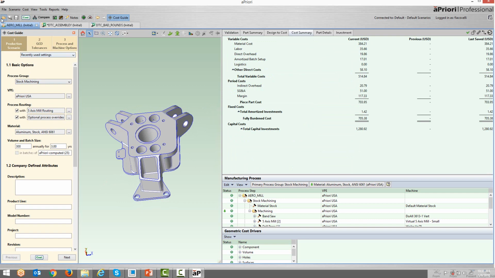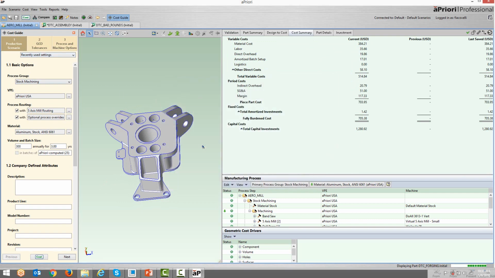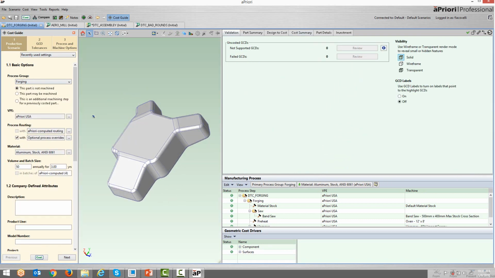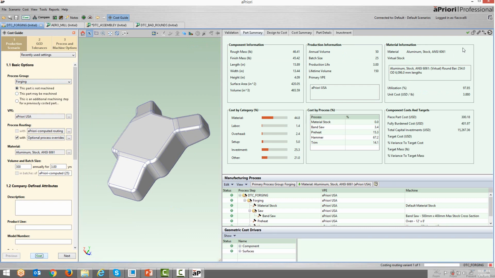So I'm going to go out and open up a forged component that I had modeled previously. And this is just a blob that looks more like the part. And what I did was define this thing as a forging. When we open this part, my process group is now forging. I then choose my facility, the annual volume. In this case, I want it to be 300, so I'll override that value and recost, and we'll get a